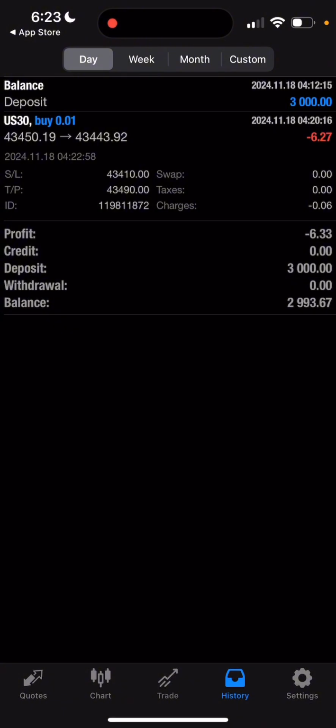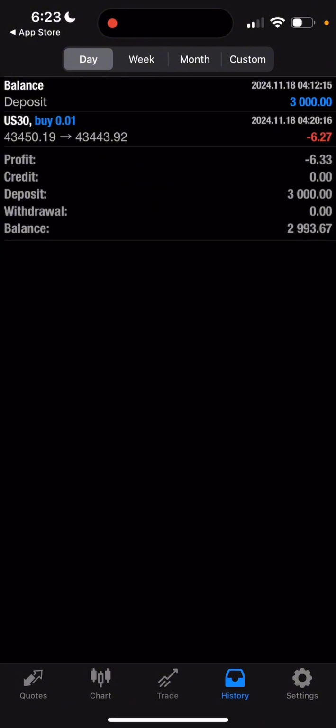Okay, now I was going to show you one other way that you could open a demo account. And just so you know, you can open as many demo accounts as you want. So if you open a demo account and you start fooling around with it and you've lost a bunch of money on it, and you want to start fresh and actually start trying to take actual trades that you are paying attention to with an actual strategy, and you want to start with a fresh slate,